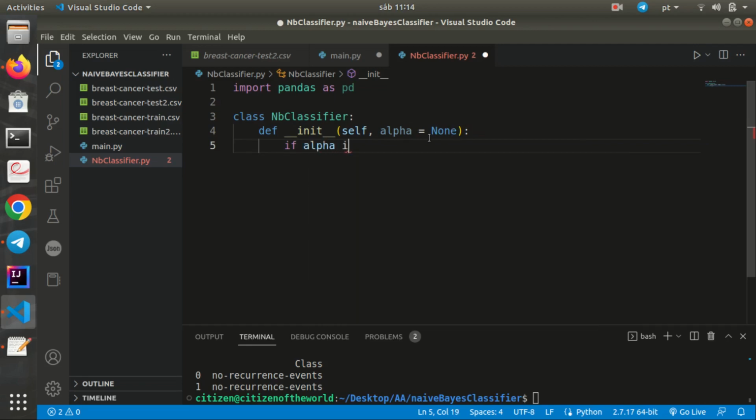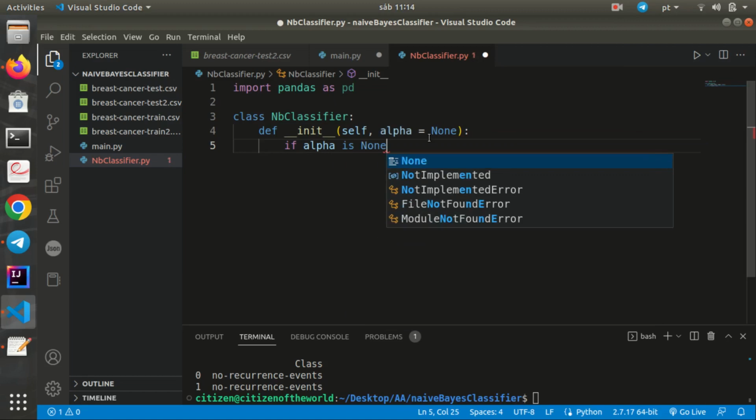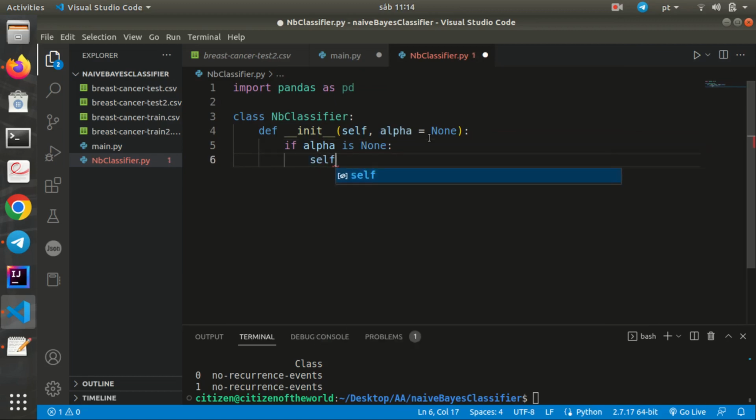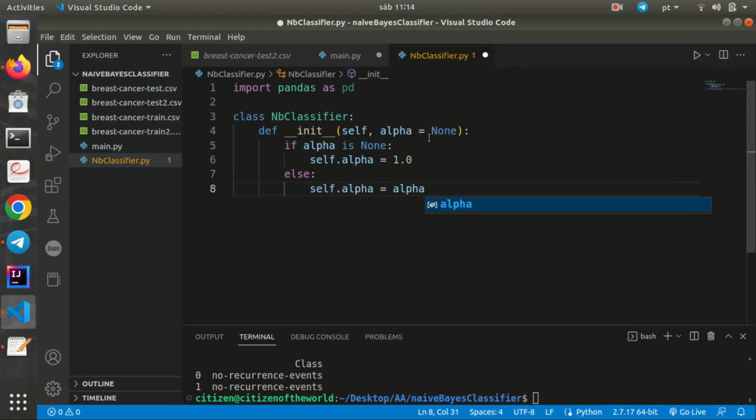And if alpha is None, I want to define an instance variable alpha, which is equal to 1. This is the default value for alpha. Else, alpha receives the value passed by the user as an argument here. Okay, this is our constructor,